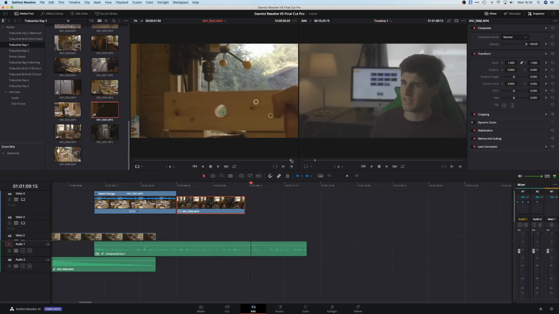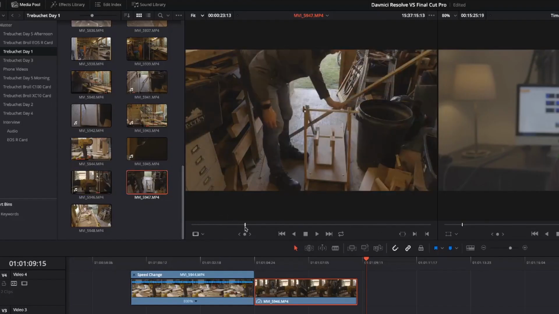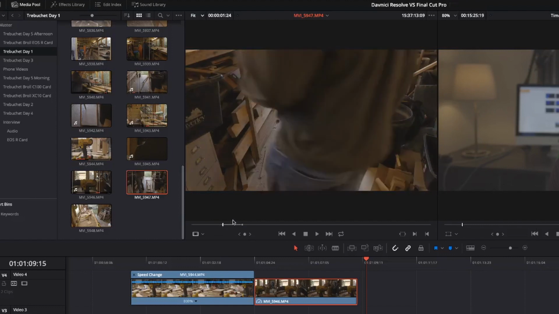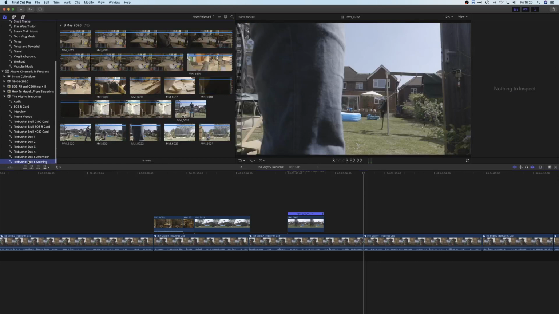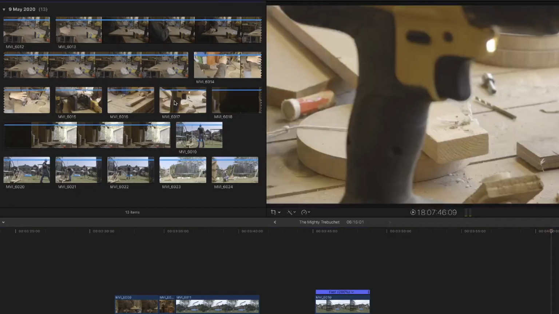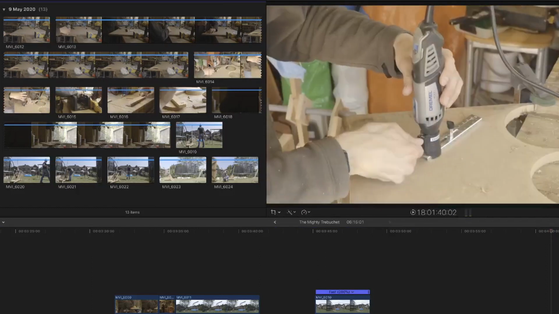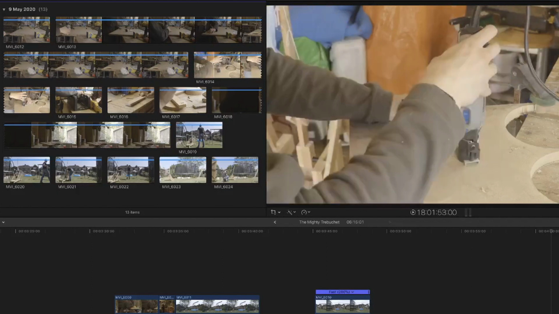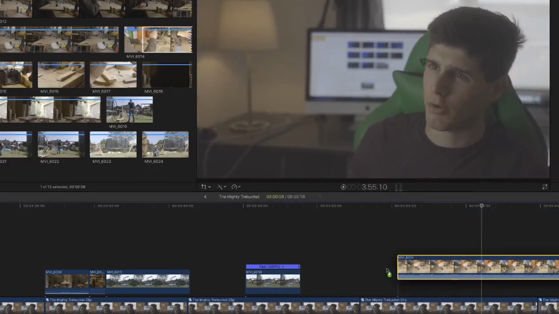Resolve uses the traditional NLE controls. Double click on a clip and it appears in the viewer. Scrub through the clip, set in and out points, then insert the clip into the timeline. However, Final Cut Pro tries to streamline this process. Instead of clicking on anything, you hover your mouse over the footage and the clip will play back in the single viewer as you move your mouse backwards and forwards. Click and drag to select the portion of the clip you want,